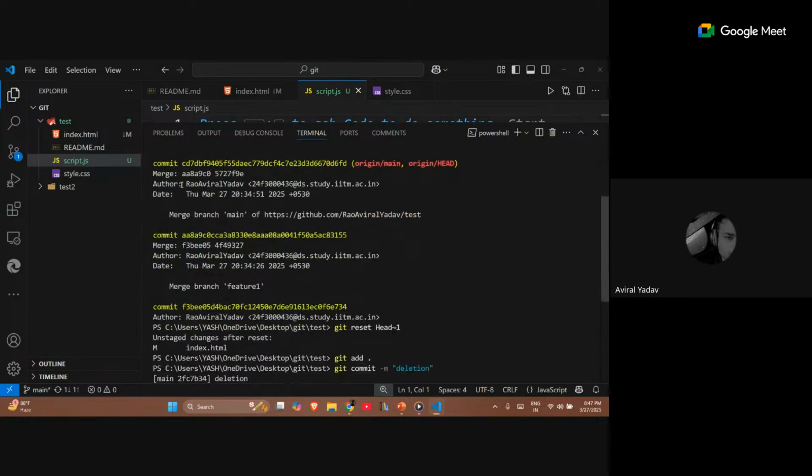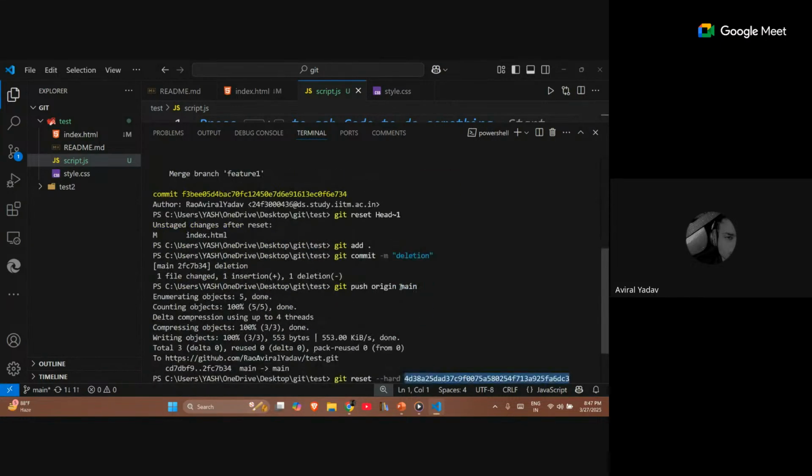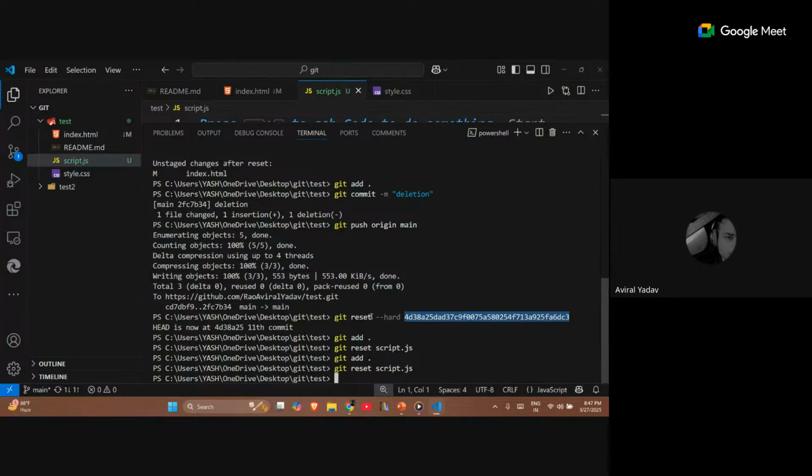You can simply use git reset and hard push that. What hard stands for is that it will delete all this data from your editor too. For example, if you just use git reset and the particular hash, it will only delete that from the remote server, not from your local. But if you use --hard, it will delete that from your local editor as well as from the remote server. I hope this part was clear to you guys.